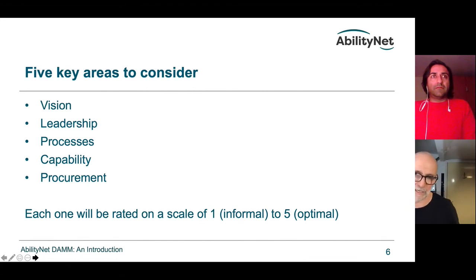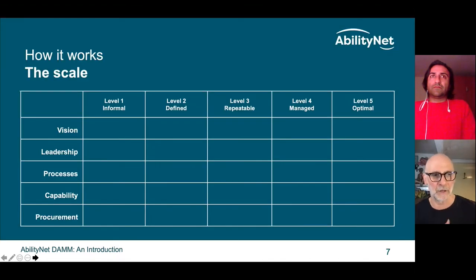Are you at the very beginning of that journey in terms of sorting out your vision or understanding your needs in terms of capability? Or are you really optimal? Are you best practice? Are you working really at the best you can in that area? That's the broad principle. And the grid that sits in the middle of it, which is also in the download